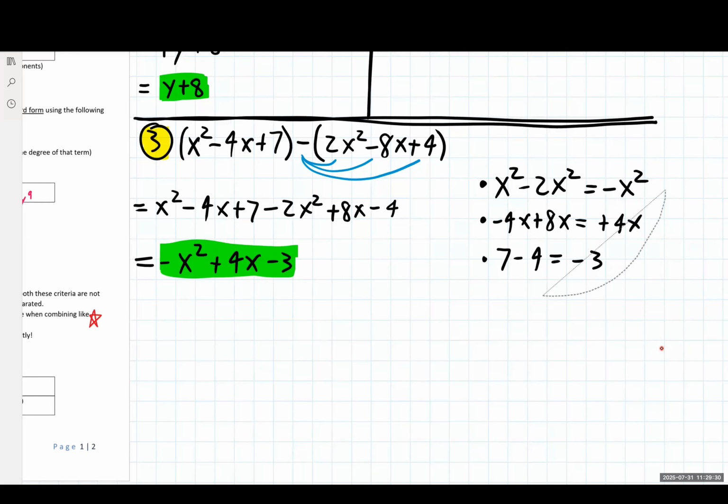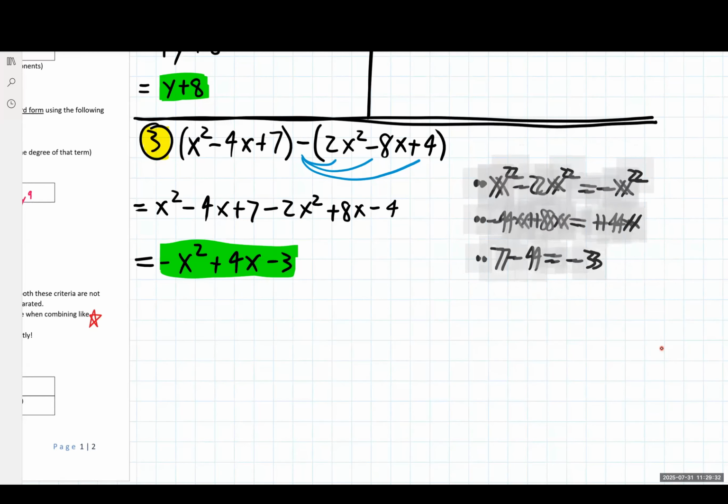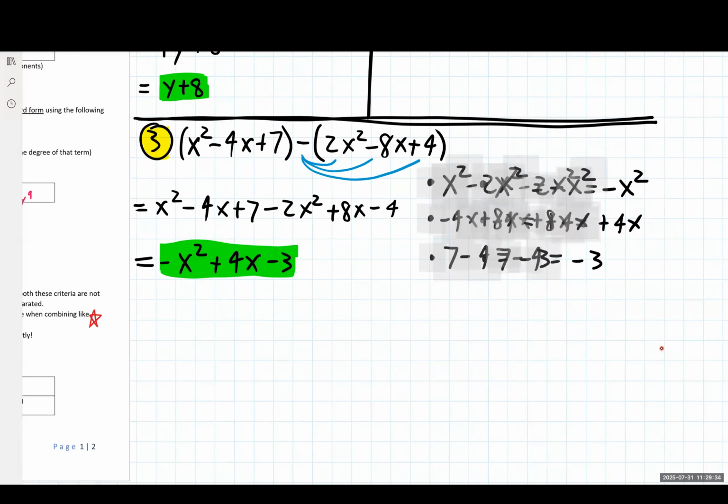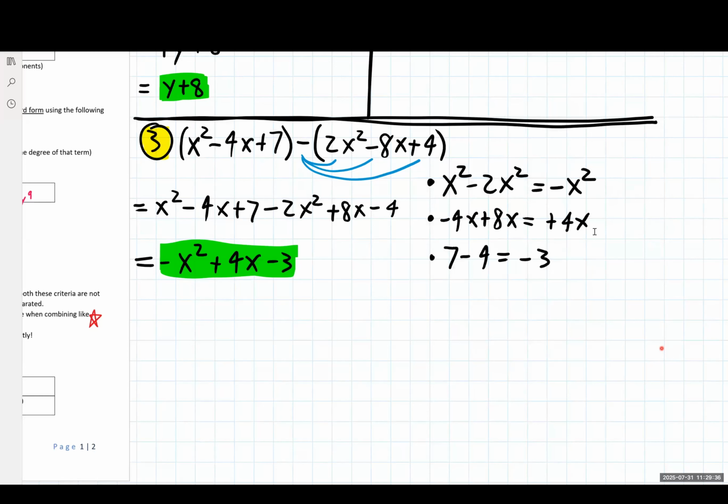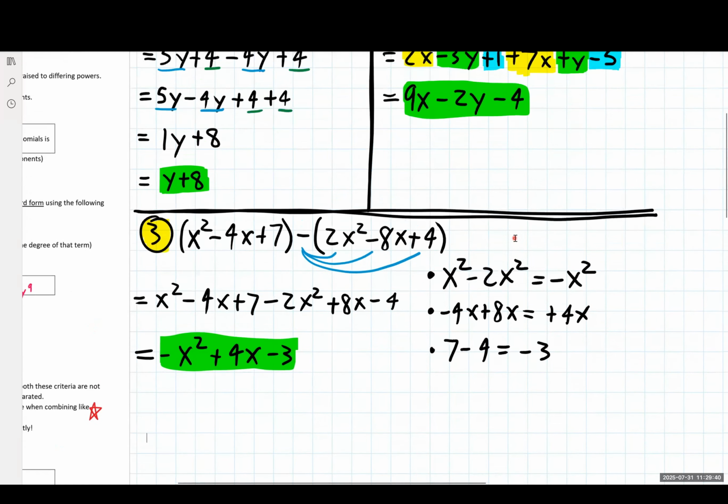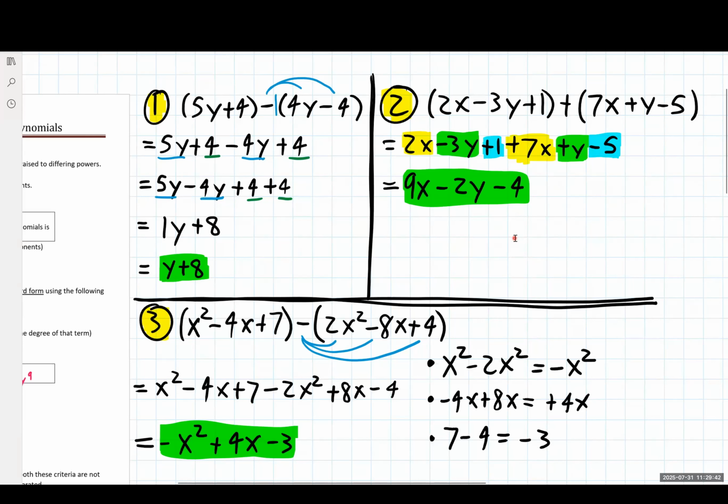Again, I'm just trying to show you guys another way that you could organize these things for yourself to combine like terms, what we did right over here. If you'd like to use this, you can. If you'd like to use one of these other methods, you can totally do that. Just do something that's going to help you tell, here's the like terms, here's the non-like terms, and which ones are combining together.